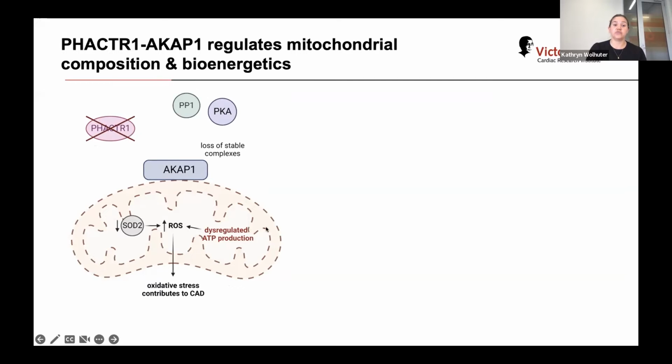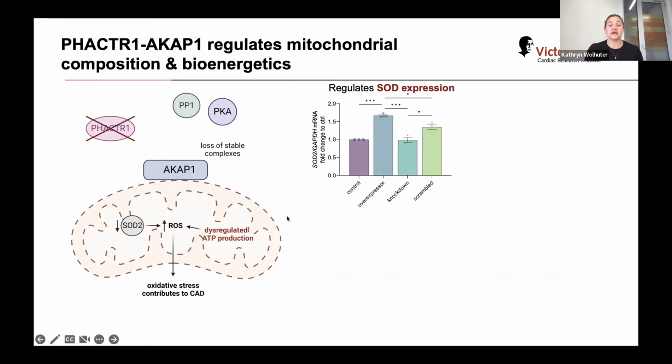And overall, have we changed the integrity of our mitochondria? And together, this really can feed into oxidative stress that is known to contribute to CAD progression. So in terms of evidence from this, firstly, within these cells, when we overexpress factor 1, we get a stabilization or increased expression of SOD2. And when we knock down factor 1 compared to their controls, there's decreased expression, indicating that this might be the